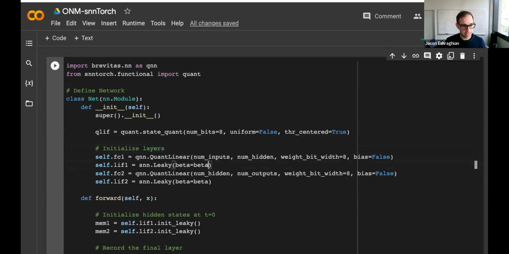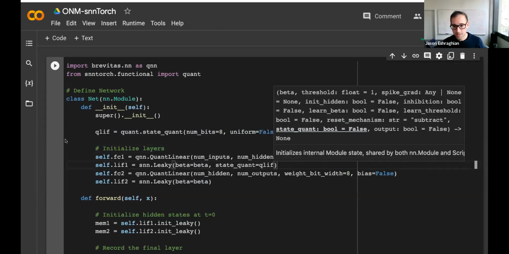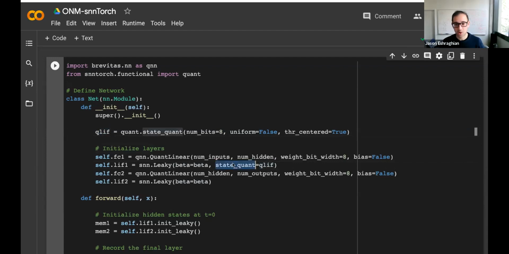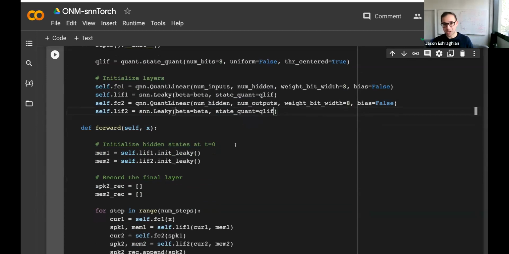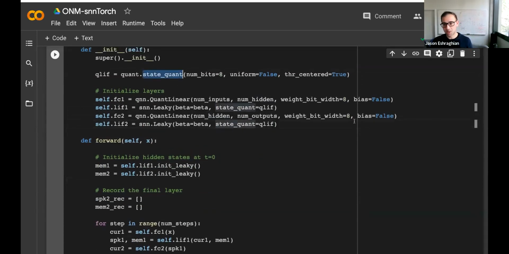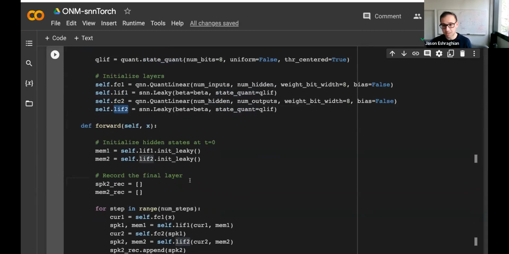And the only difference here is we apply state quant equals QLIF, right? So QLIF goes here, state quant, and then automatically membrane potential will be some quantized value. And that's literally how to quantize your membrane potential without having to think too hard. I think that's kind of neat. And then everything else is the same. I only had to call one function and pass that as an argument into my Leaky integrate-and-fire neurons. And that's basically it for state-based quantization.